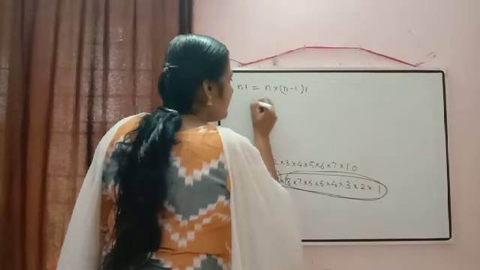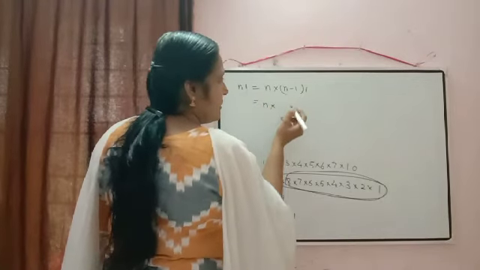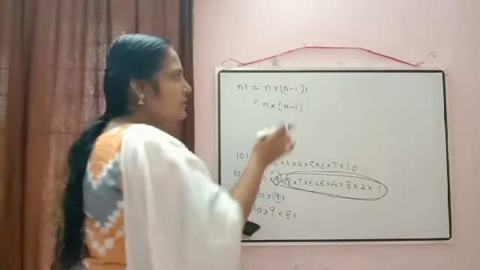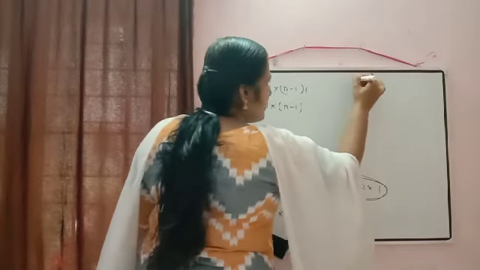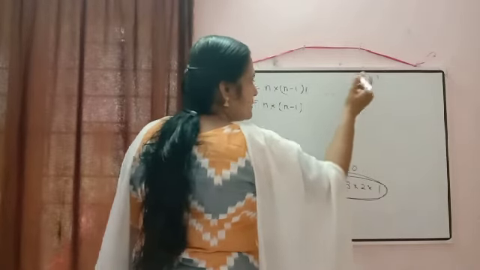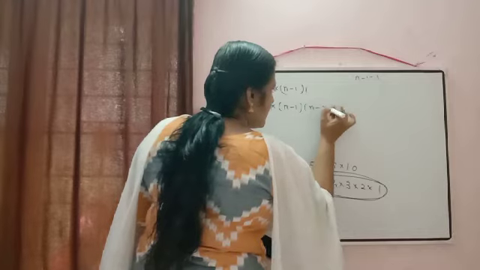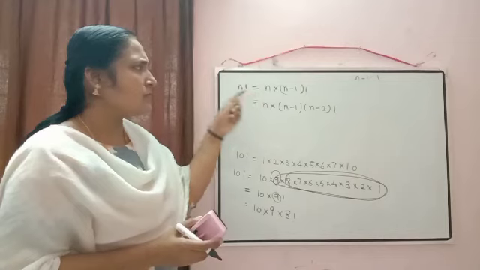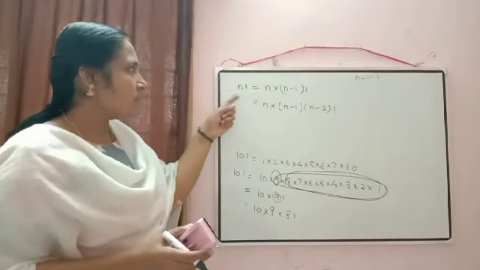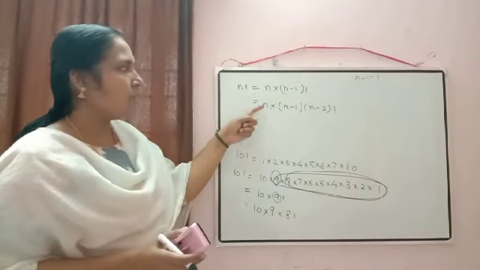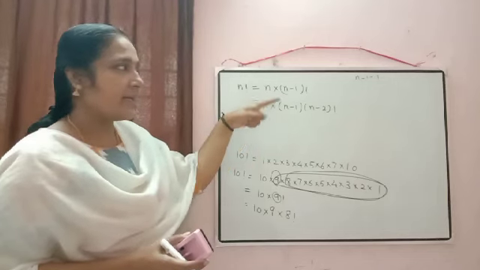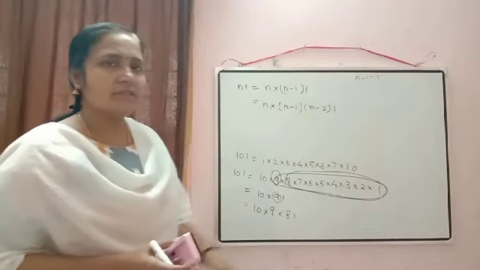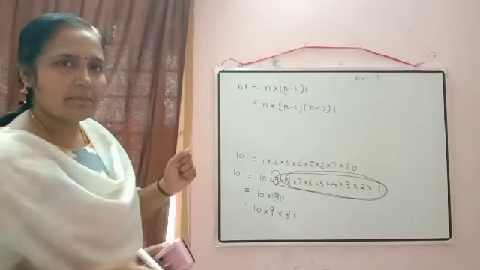Now in the same way, if I have to write n minus 1 factorial, first we will write n minus 1 only. Now what do we have to do? Subtract 1 from this number. Then what will come? n minus 1 minus 1, that is equal to n minus 2 factorial. So it can be written in this way, and we will use this according to the question. So n factorial can be written as n into n minus 1 factorial. Then n minus 1 factorial can be written as n minus 1 into n minus 2 factorial. So I think this concept is clear.